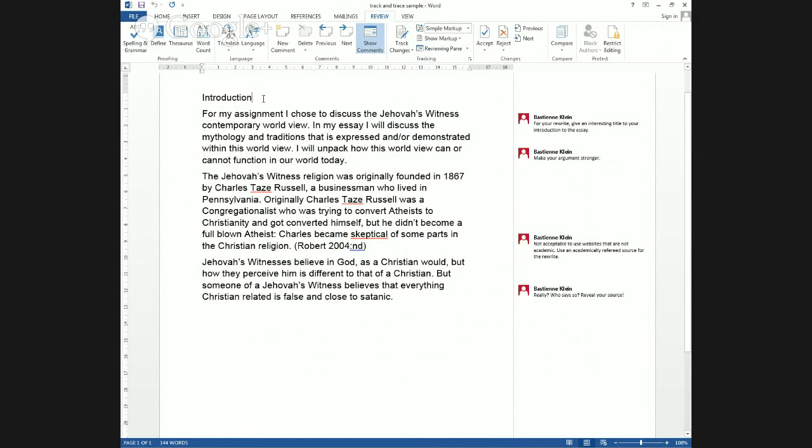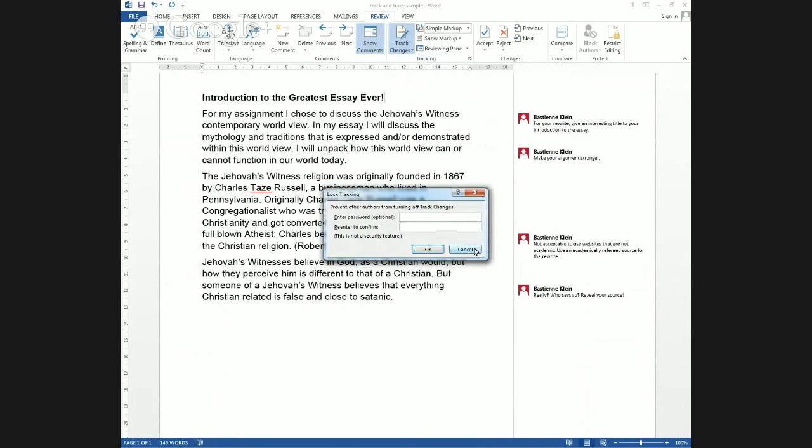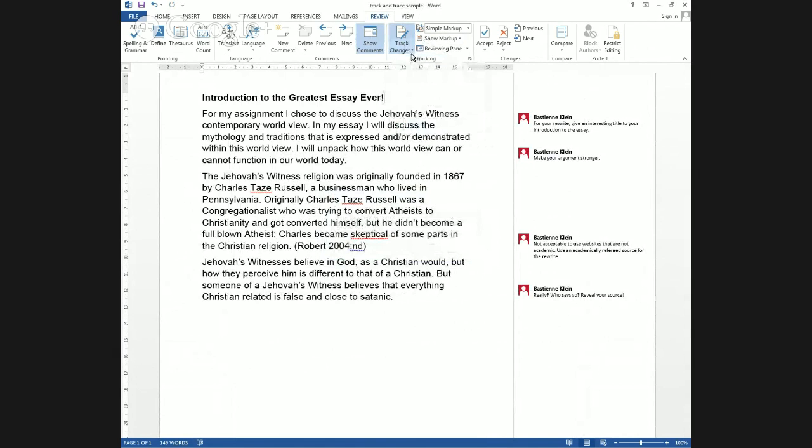is as you go into here, and change your formatting around a little bit. Excuse me. What you want to do is just turn on track changes so that when you finish saving and re-upload your document, we can see the different things that you have shifted, like this introduction.